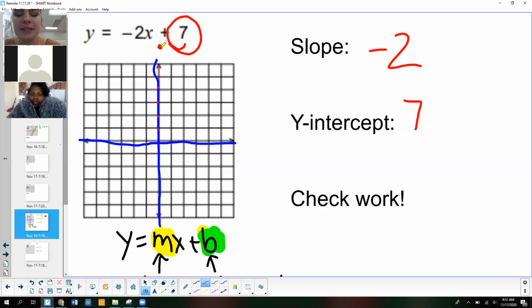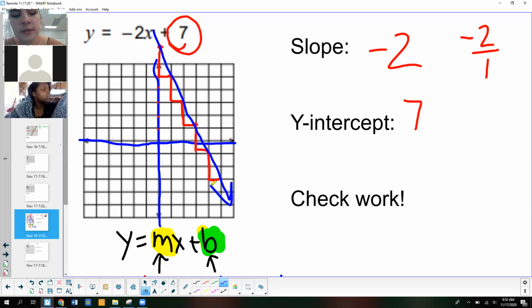But then our slope is -2. Well, if we want to put that into rise over run form, we can just do -2/1, okay? So what this means is -2 and -2/1 are the exact same thing. So once we start at that +7, we can go ahead and go down 2/1. Then we can go down 2/1 again, down 2, and I'm going down because it's a -2/1, down 2/1. So then our line is going to follow those points, and that makes sense